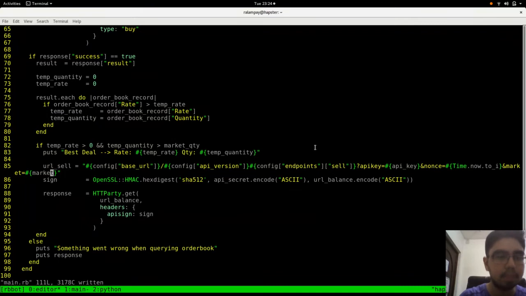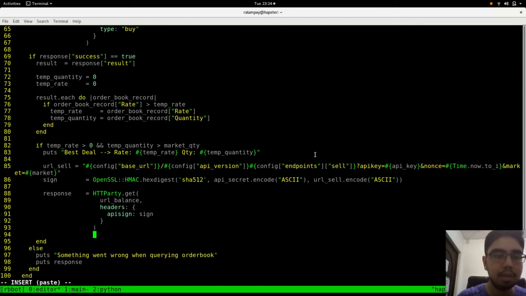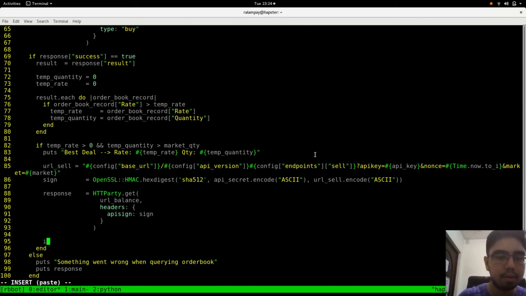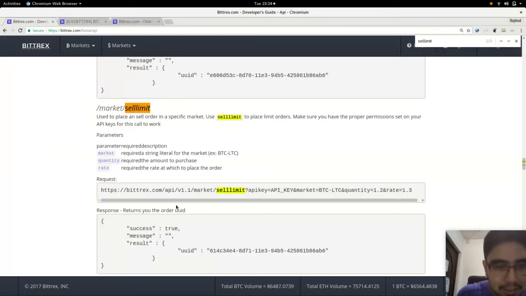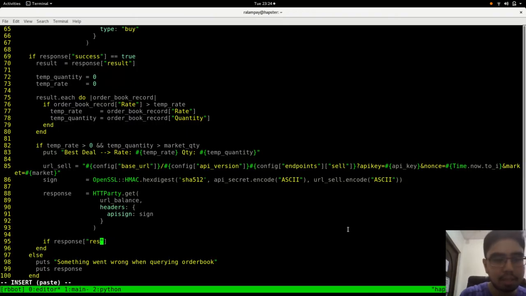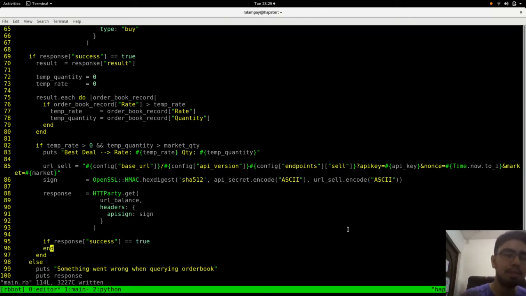Set market, right, market. Whew, okay, I'm actually quite nervous, and I hope I don't lose money. Alright, so URL sell will perform a sell using that API key, encrypt it, perform a response, and we'll go ahead and check the response. Hopefully this works. I don't think it was result, it was success, right? If response success is equal to true, then